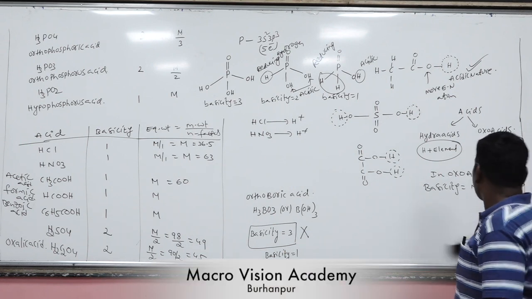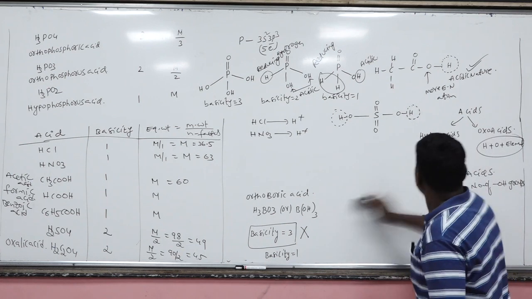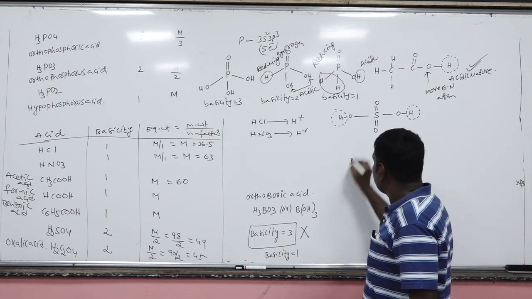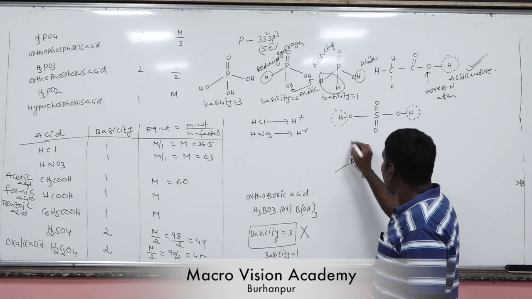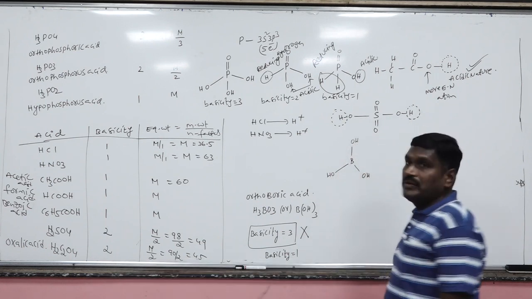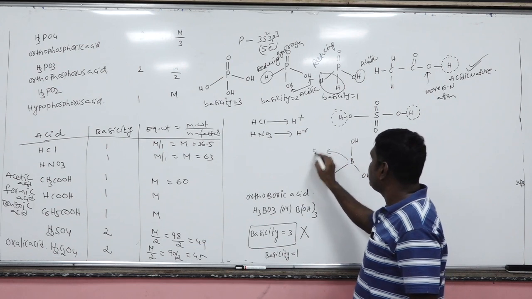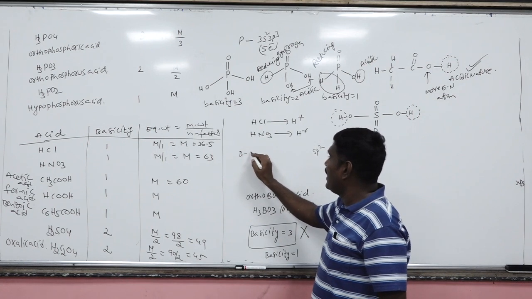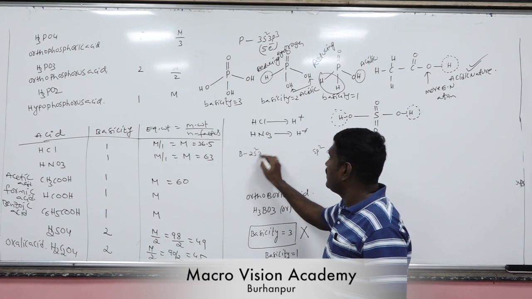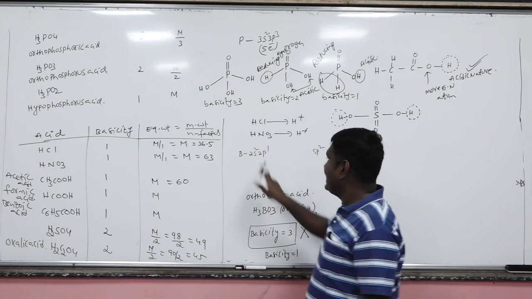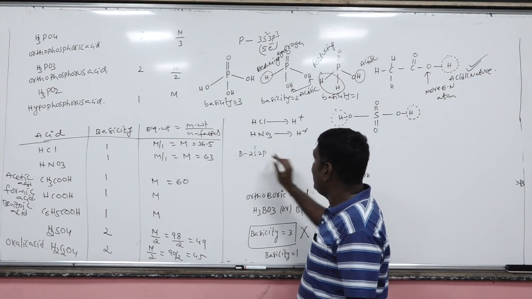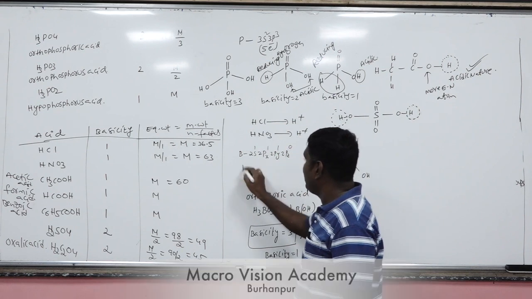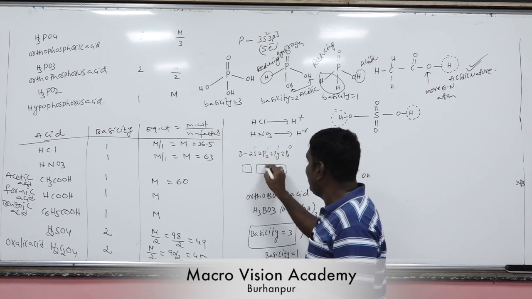Now here, this is the structure of orthoboric acid. Okay, do you know boron is sp2 hybridized? Boron is sp2 hybridized because in boron the valency shell is 1s2 2s2 2p1. Okay, in the excited state what happens? 2s1 2px1 2py1, whereas 2pz is empty, so one s orbital and 2 p orbitals are intermixing. Yes or no?